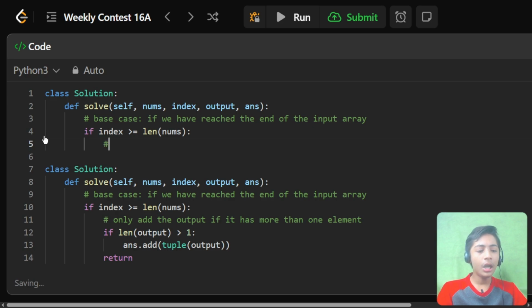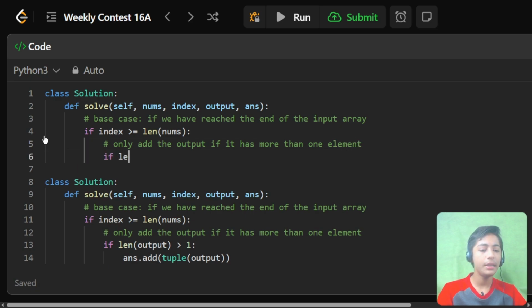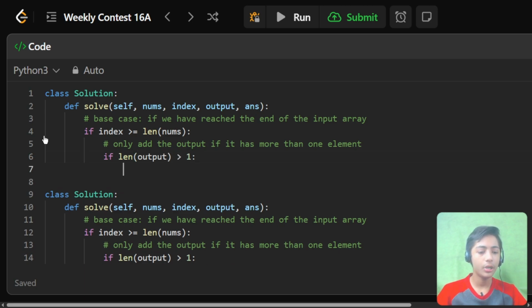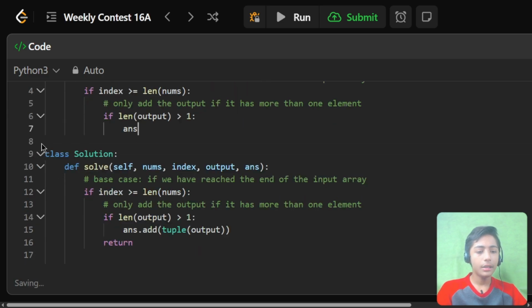Now in the next line I only add the output if it has more than one element. Now if the length of output is greater than 1: ans.add(tuple(output)).